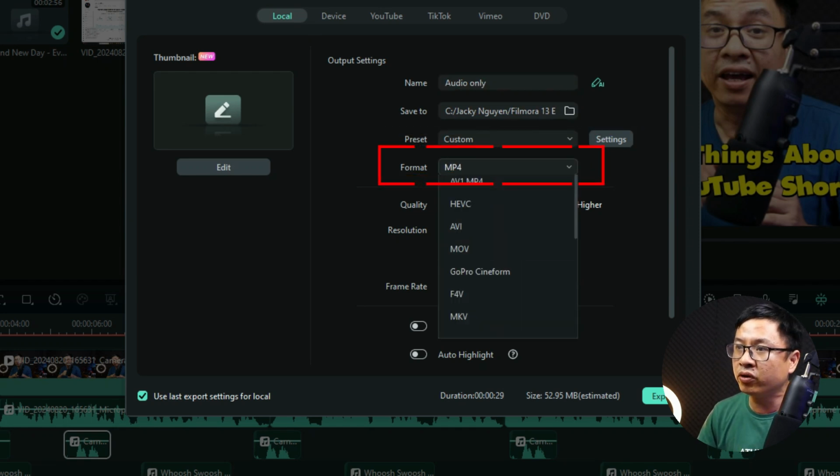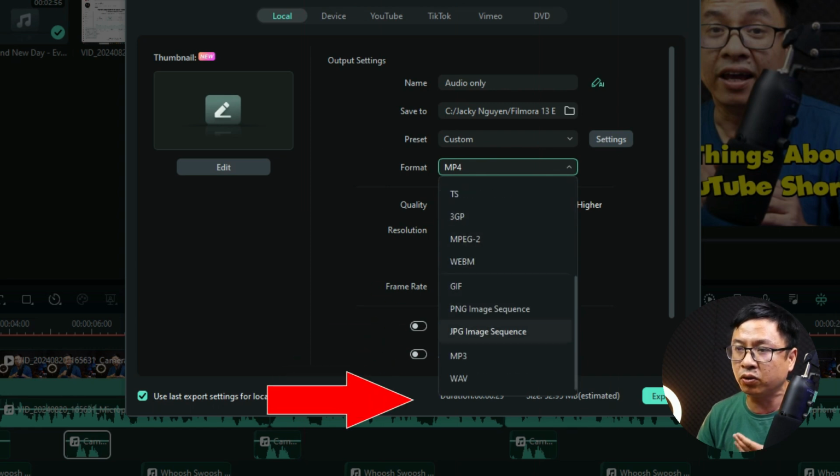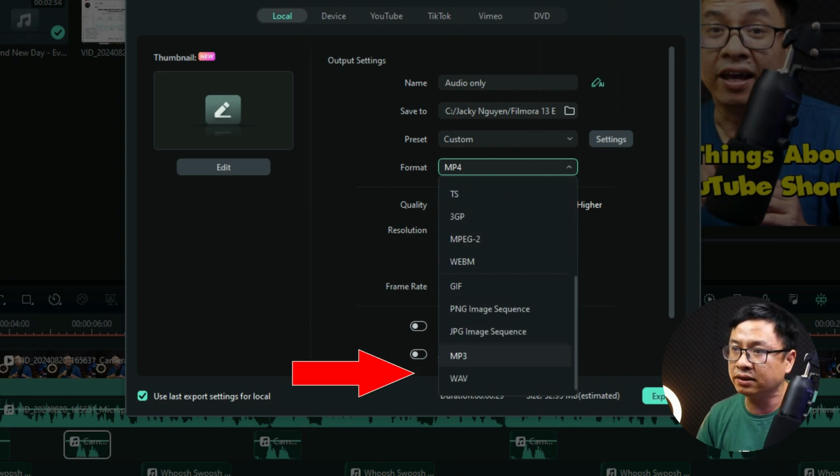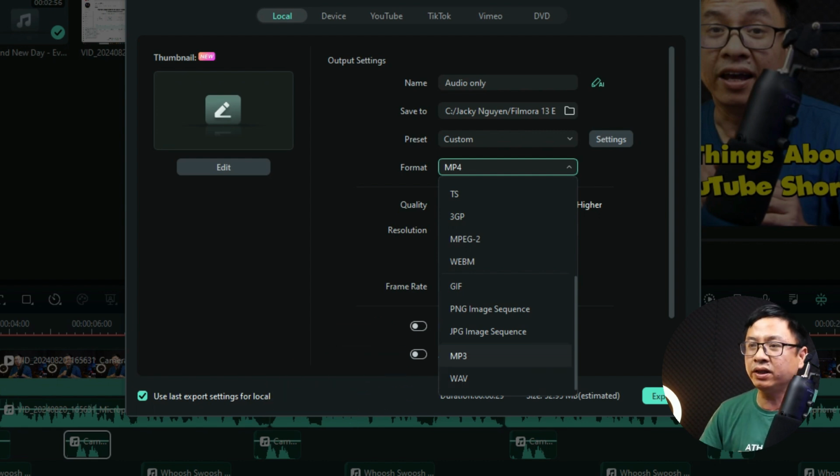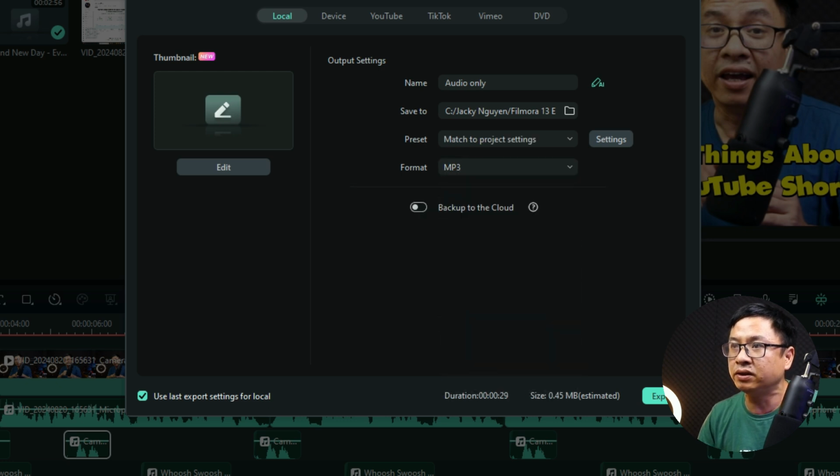So with Filmora 13 you have two options to export the audio. First is MP3 and second is WAV. So normally I will export to MP3, which is a compressed audio file. By the way, I think it's good enough for editing. If you want to export in WAV, you can do it also. Okay, so you want to select MP3, and then if you want to dive deeper into the settings of the